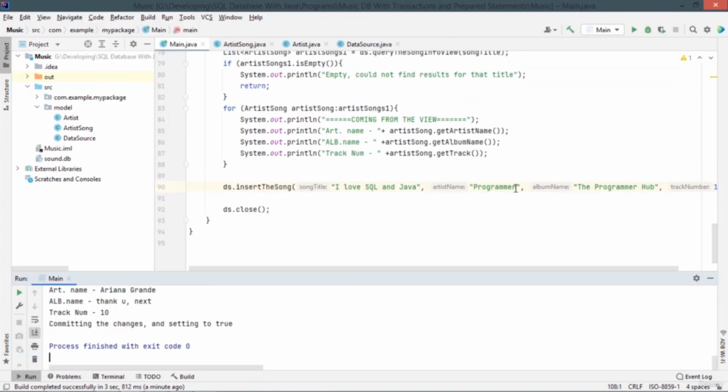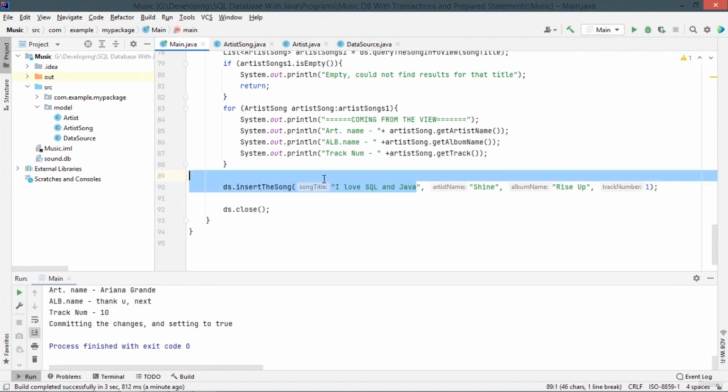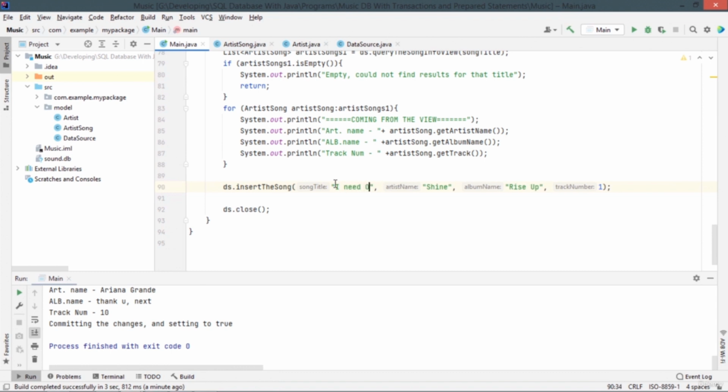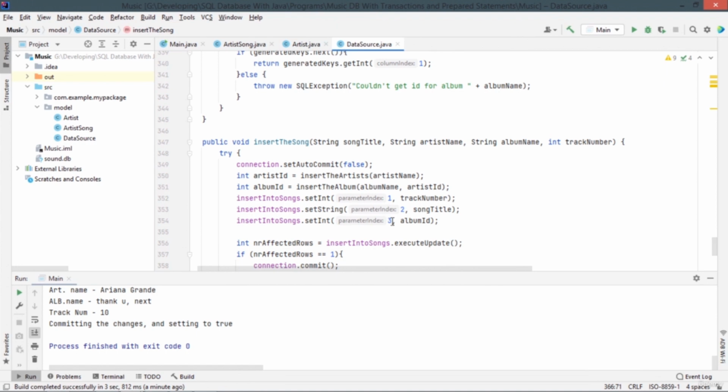I want to add a new artist here and say Shine. The album's name is going to be Rise Up. The song is going to be I Need One Computer. Let's run this program, but before we run it, let's come to our data source and simply make a